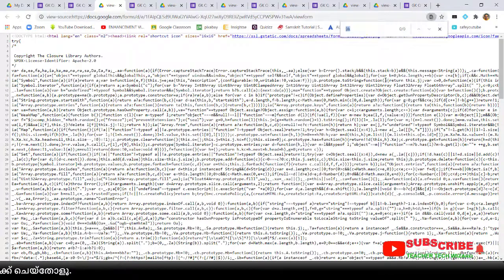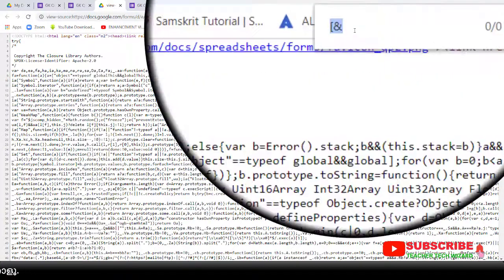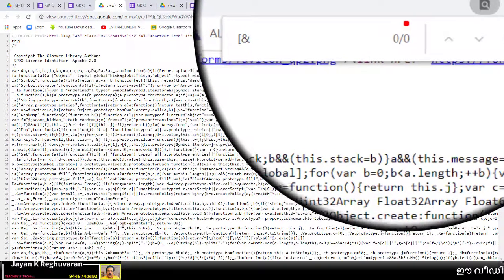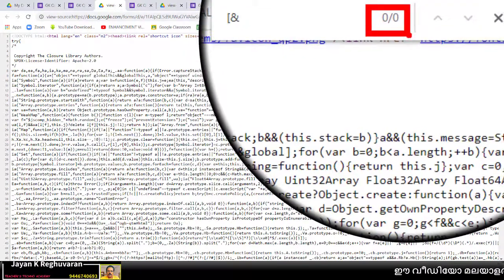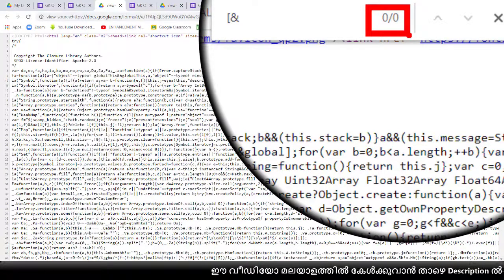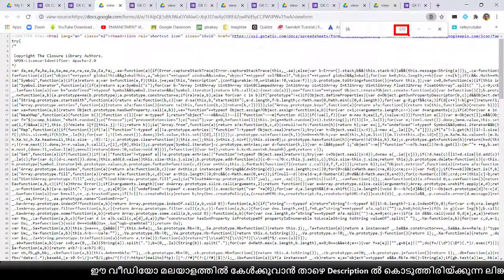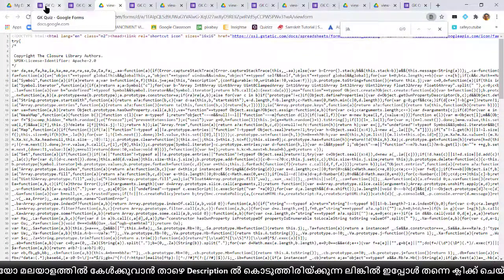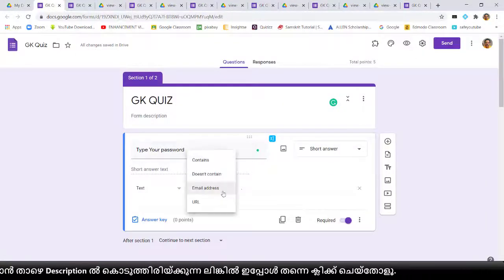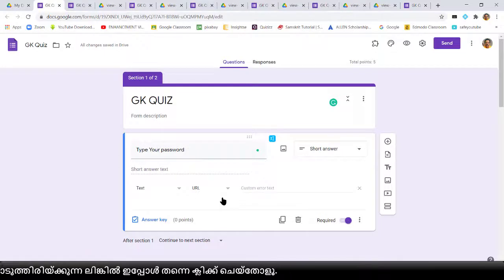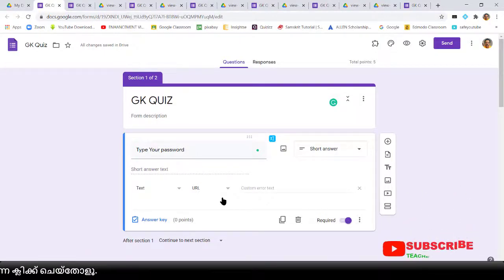I will type a square bracket and the and symbol. See, you can see there is a 0. That symbol will not be there in this page. This combination is not there if you select the email, or the email address or URL. Children cannot see that combination of a bracket and symbol in that page.